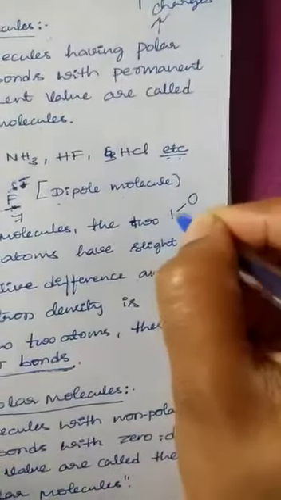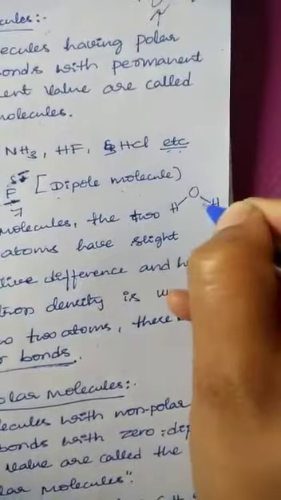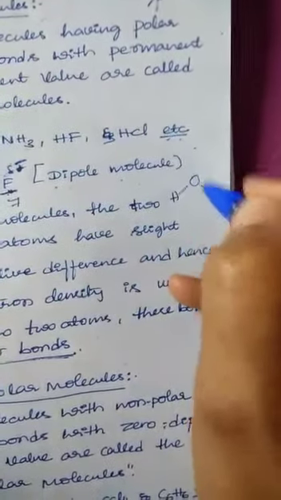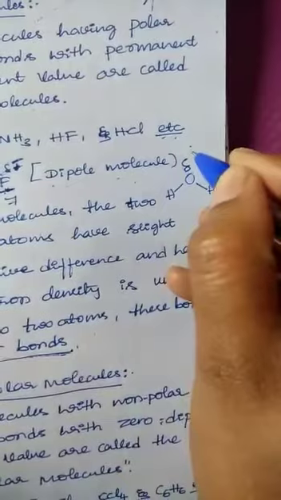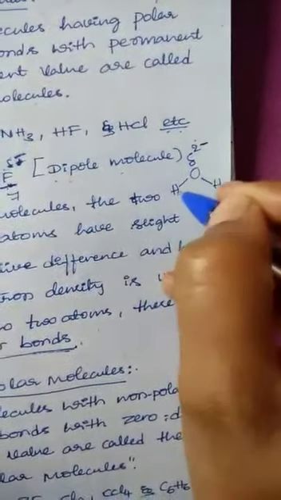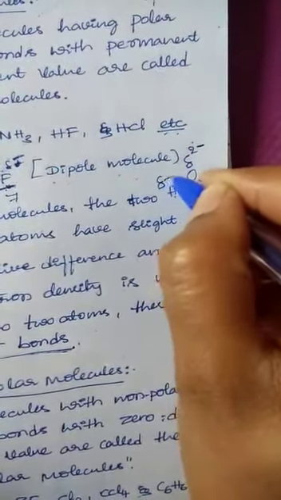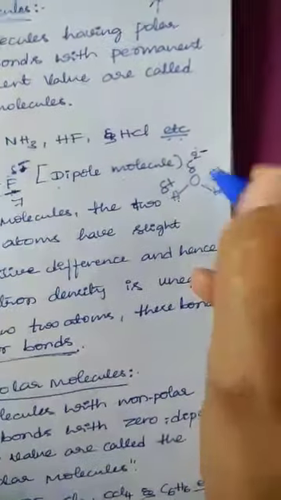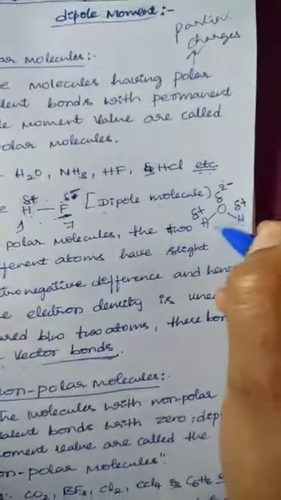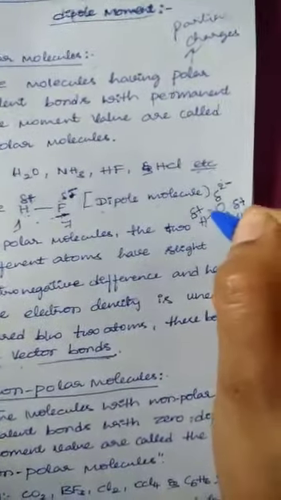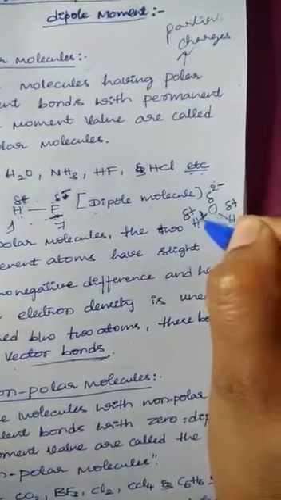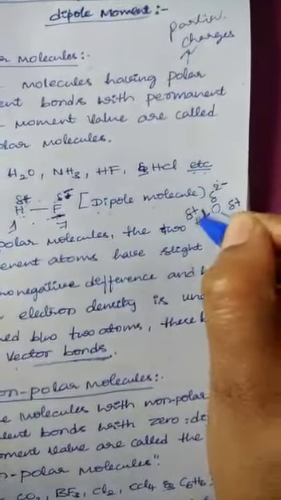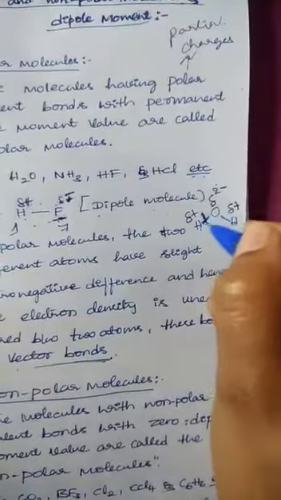In the case of water also, I am going to write the water structure. The structure of water is a bent structure, right? Here oxygen takes a slightly negative charge, and this hydrogen takes a slightly positive charge, and this hydrogen also takes a slightly positive charge. So the water molecule has polar covalent bonds. Polar covalent bonds means the covalent bond gives partial charges to both the atoms present in the molecule. Next point,